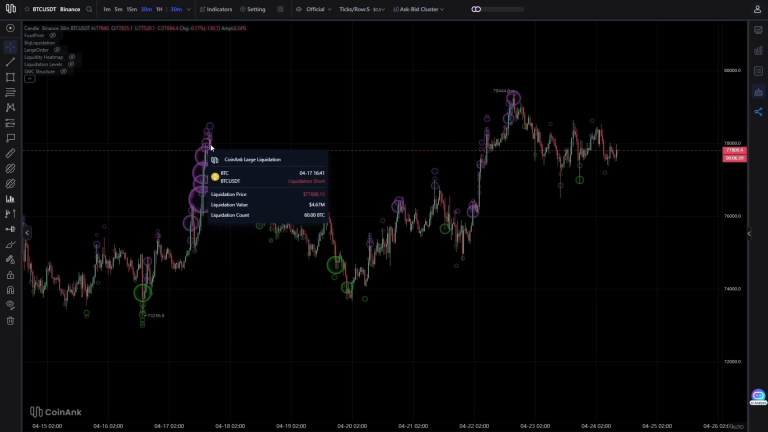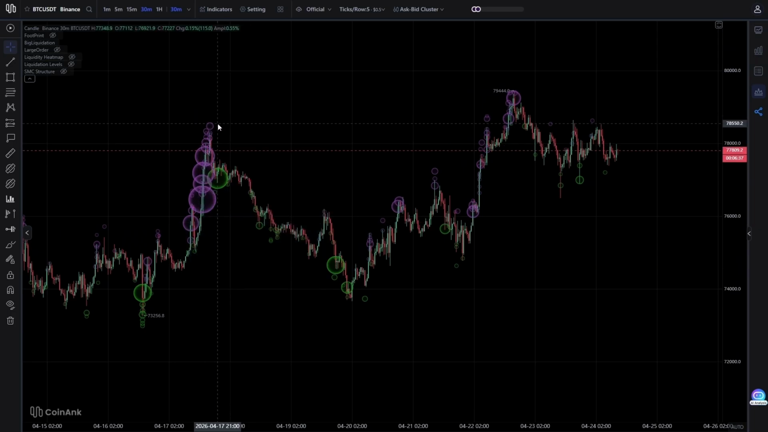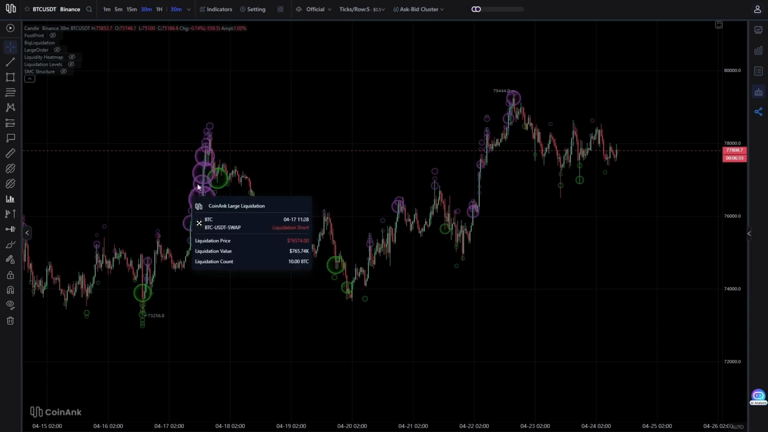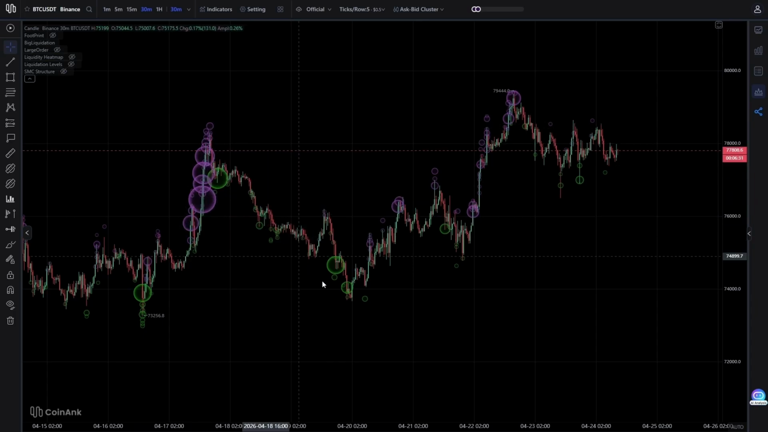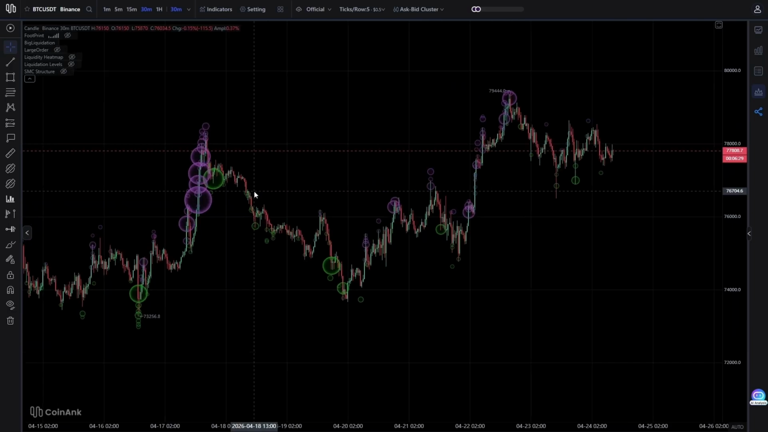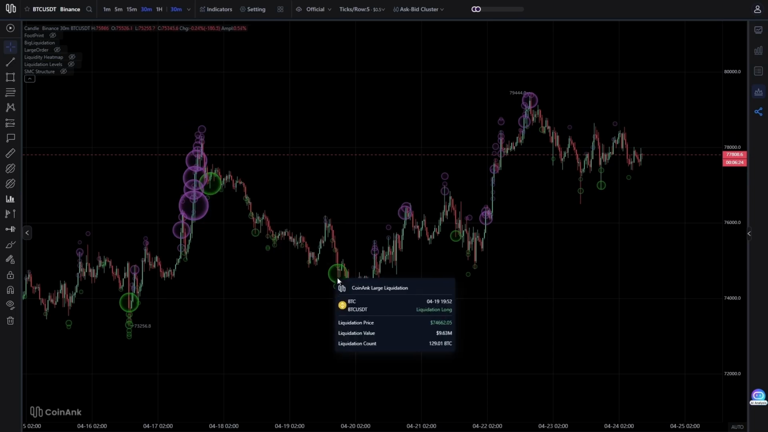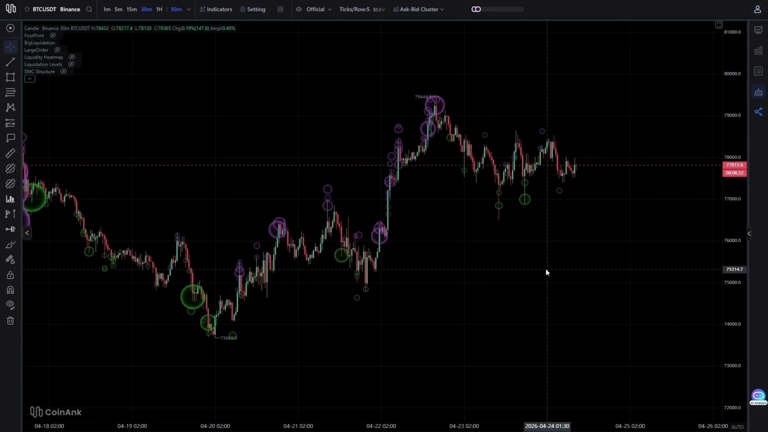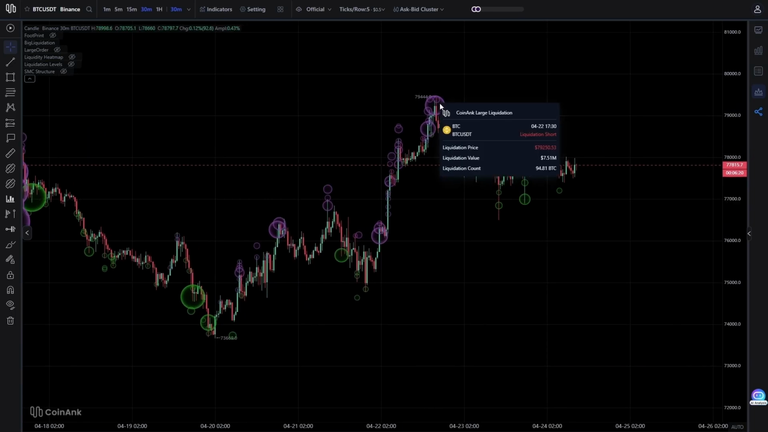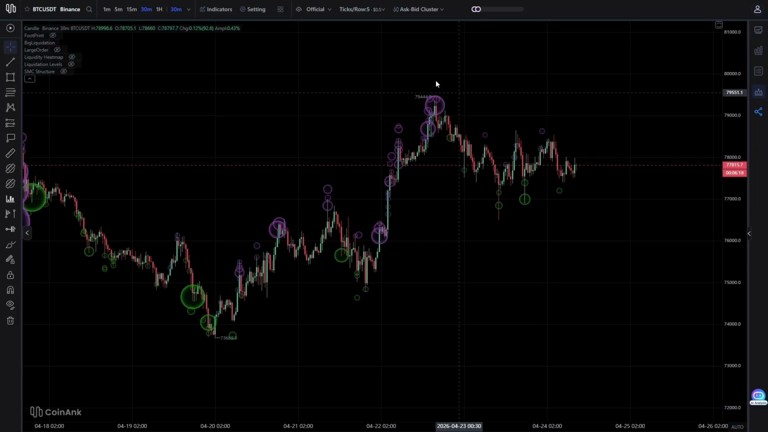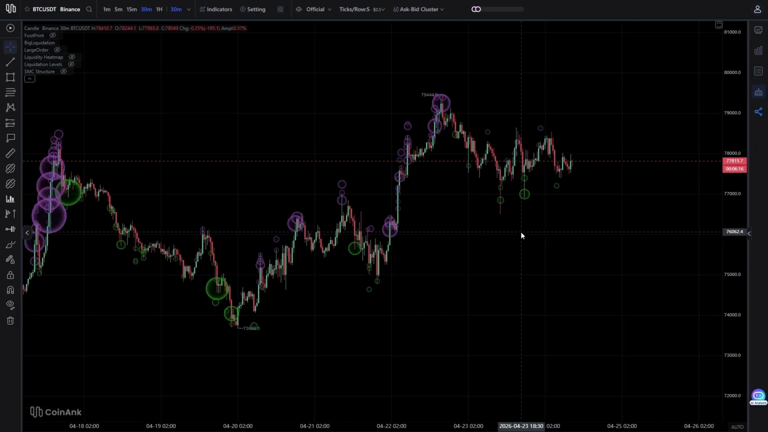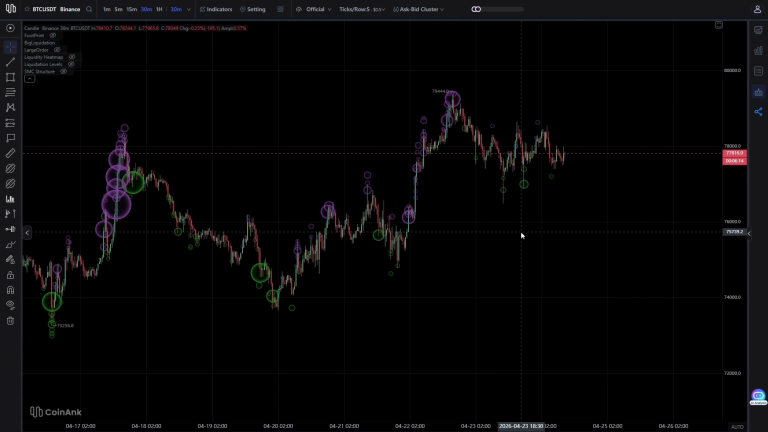So for example, we can see this push up was a large liquidation move, so they liquidated a lot of short positions to then make the move down again after liquidating all these shorts, to liquidate some longs. Same here, we can see this wick was a big liquidation event to then continue its move down. So definitely quite useful to see,